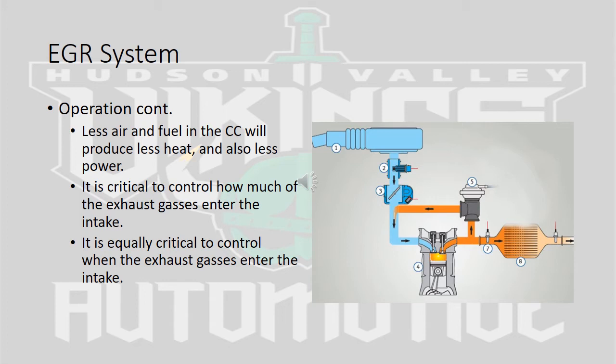So as these exhaust gases are taking up space, they're keeping the temperature down. They're also causing the engine to generate less power. So it's important that we control when the exhaust gases get in there. We don't want those exhaust gases in there when we need the power. Key points at idle. We don't want these exhaust gases getting in at idle because they're going to cause the